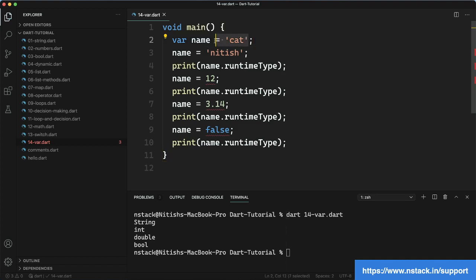And if I remove the initial value, no, that's fine. If I bring the cursor at this point, when we are storing the integer, it is going to say string. So now the data type of name has been fixed to string. We cannot store any value other than string. So suppose if I make it as dynamic, so now if I will bring cursor, it is going to say dynamic.